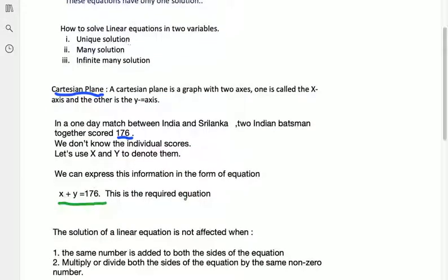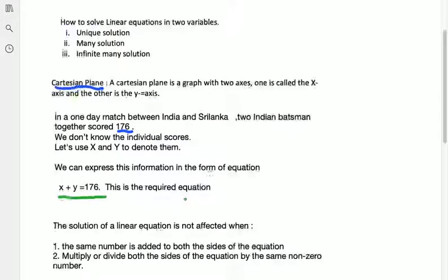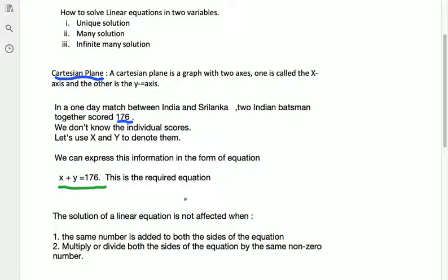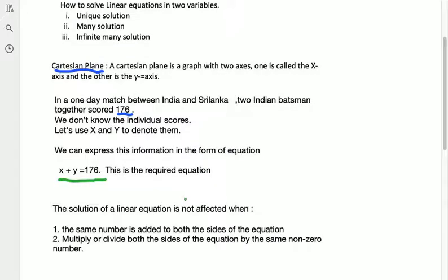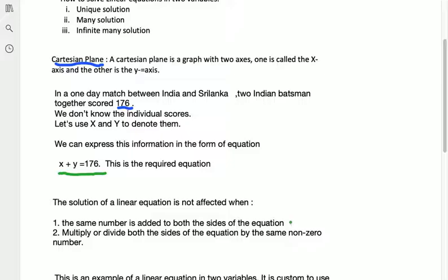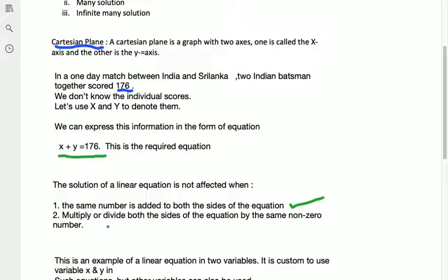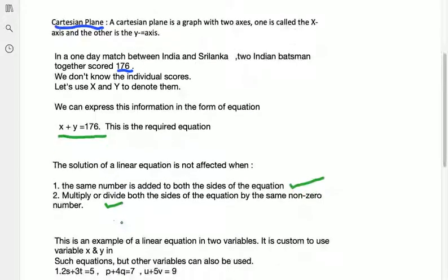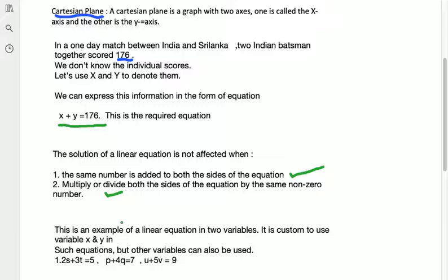And again, when we are trying to solve these kinds of linear equations, where we're going to find the value of x and the value of y, the solution will involve applying some techniques like adding the same number on both sides of the equation, or multiplying both sides of the equation by the same non-zero number. So we can do any one of these, multiply or divide or add. By doing so, the solution of the equation is not altered. It will remain the same. We will experience that when we solve the equations.